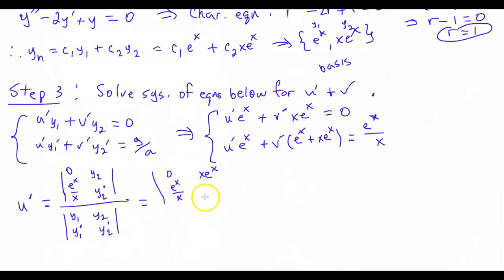And here I'm just going to simplify this, factor out, and rewrite it this way to make life a little bit easier. And down here, we're just going to write in what we know. So we got e to the x here, e to the x again, because the derivative of e to the x is just itself. And here we have x e raised to the x over e,